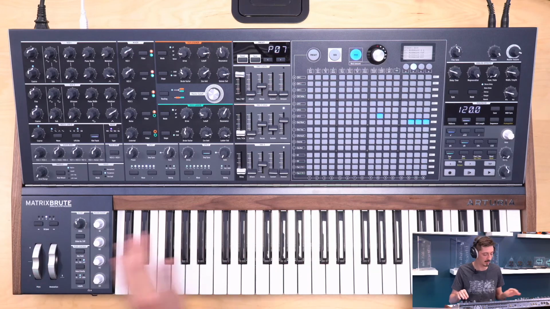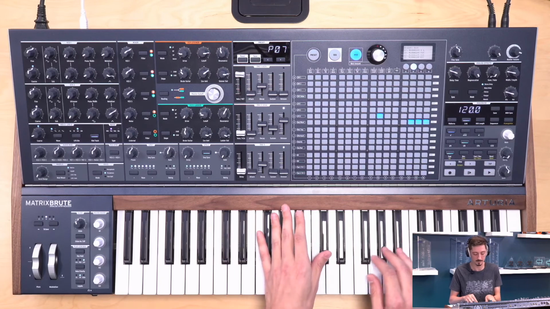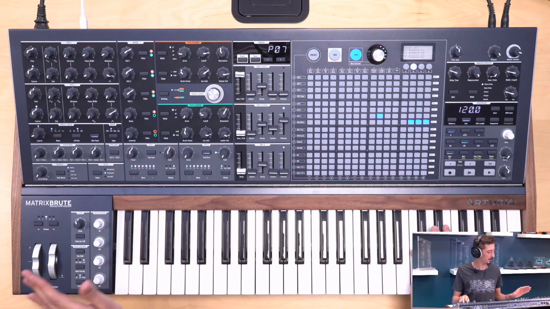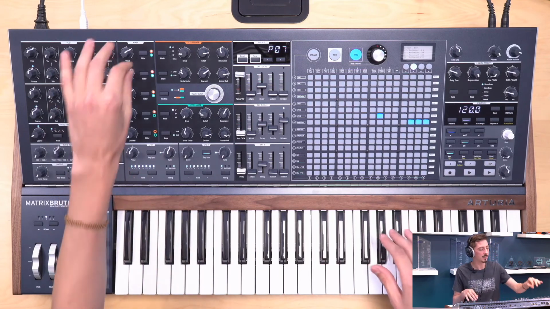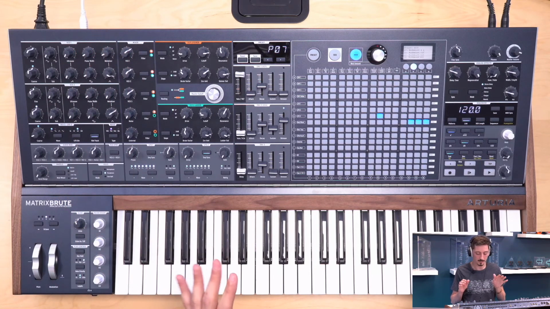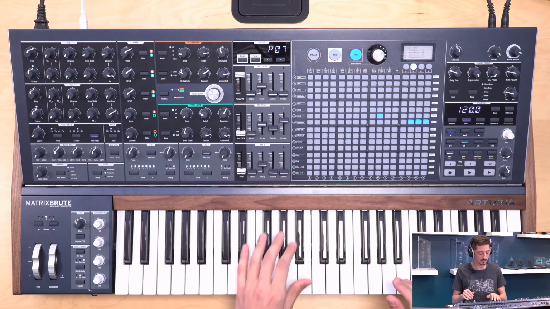So you can hear the little glitches. And something very particular about this patch is that it's paraphonic, of course, but I used a different waveform on each oscillator. So basically, depending on the order I play my chord, it will sound different. For example,